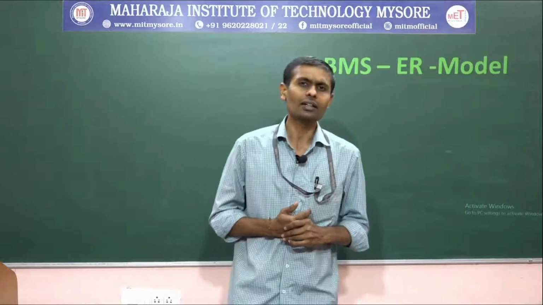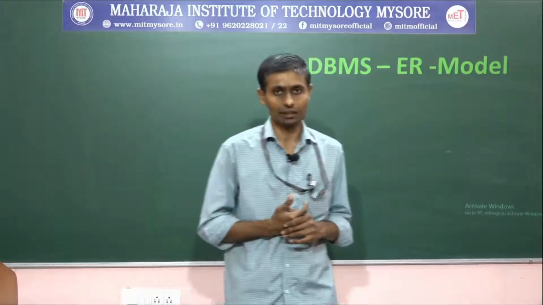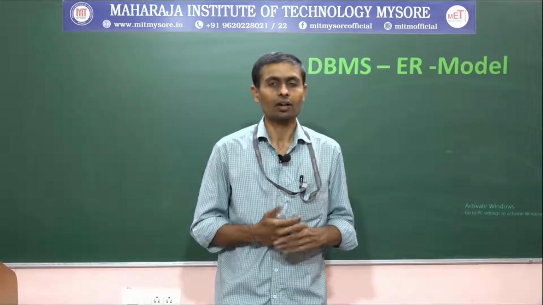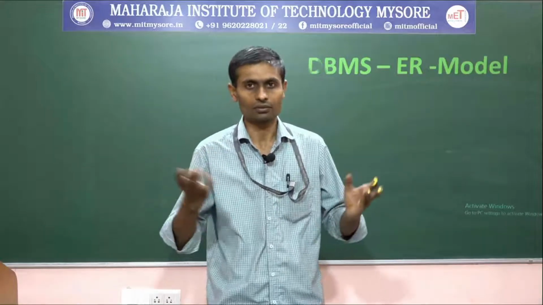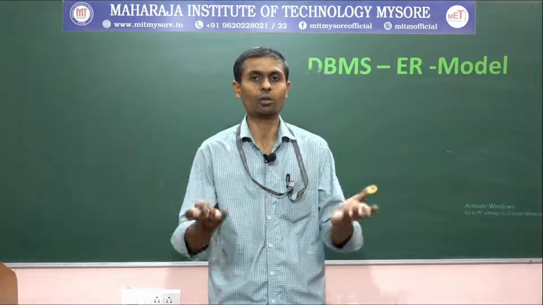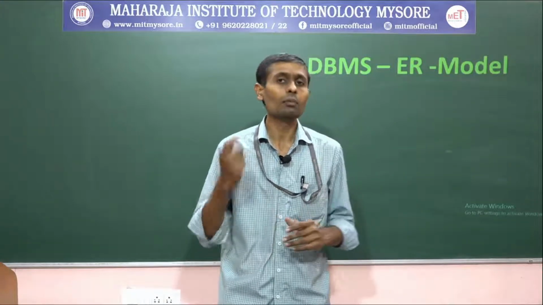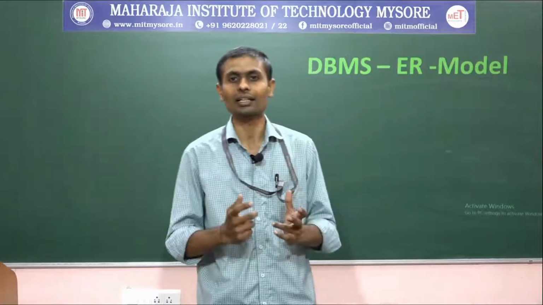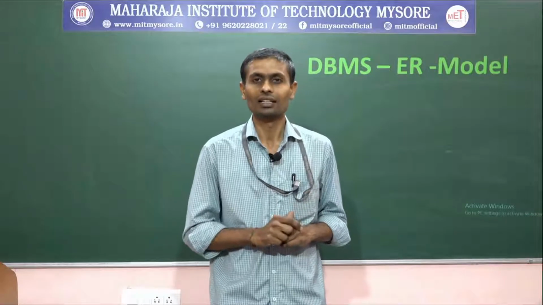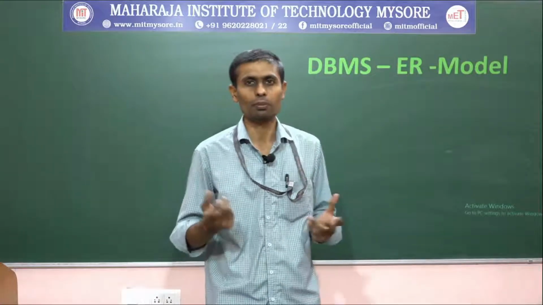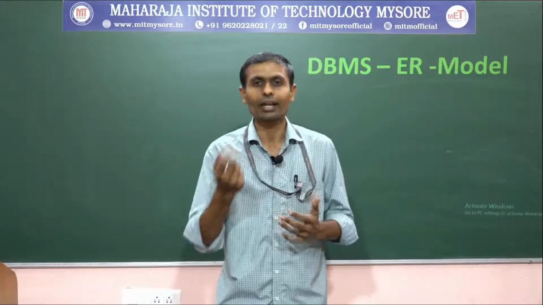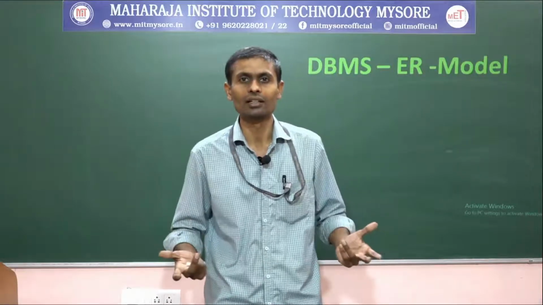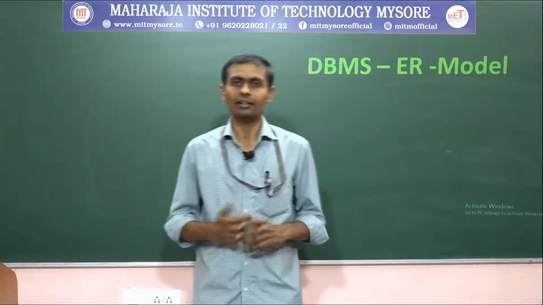Then we entered into the entity set. What is meant by an entity set? It's a collection of entities, a set of entities, where each attribute has its own values for each entity, so they share common attributes. Then we discussed what is meant by an attribute. An attribute is mainly used for describing an entity type. It's a property of interest that we collect with respect to an entity type, as identified in the requirement scenario, especially in a database application.